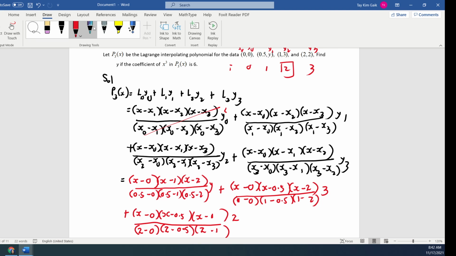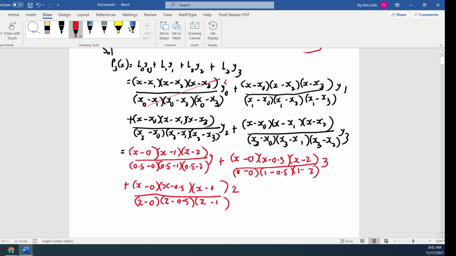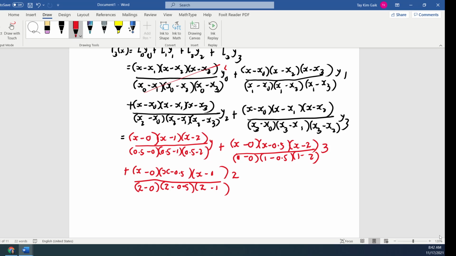Okay, and then the L3, y3, you are standing here. So x minus the point not from number 3. So x minus 0, x minus 0.5, x minus 1. And then in the denominator, replace the x by x number 3, which is 2. Multiply by y3, which is 2. Okay, so now you have to expand